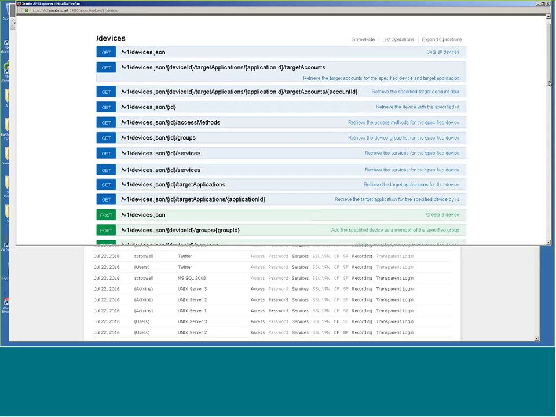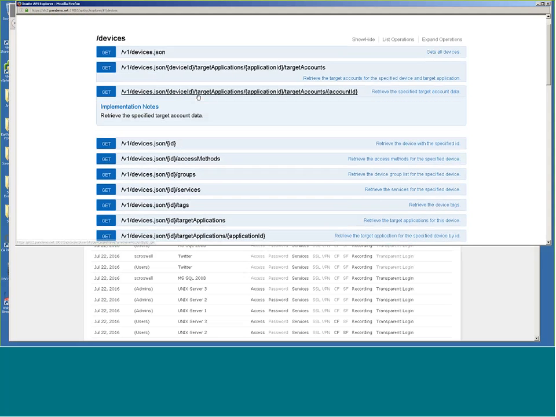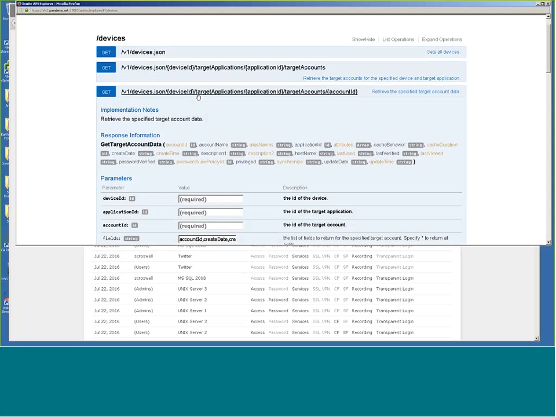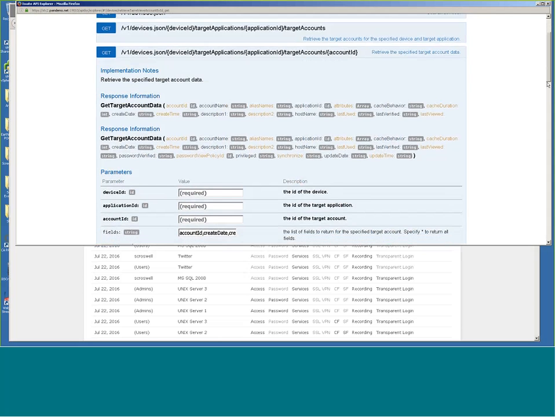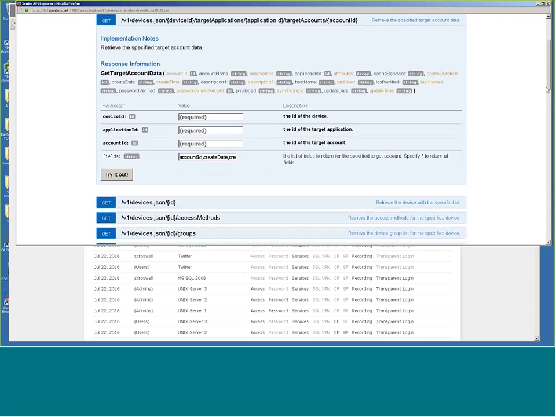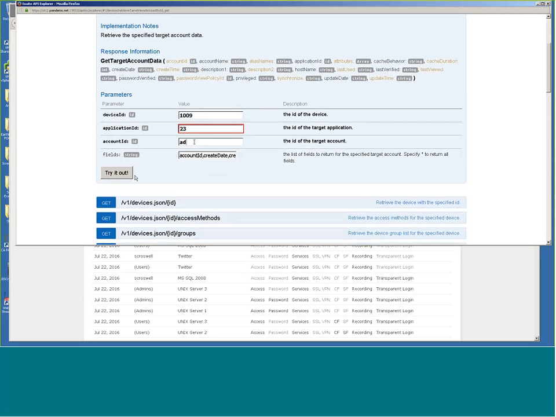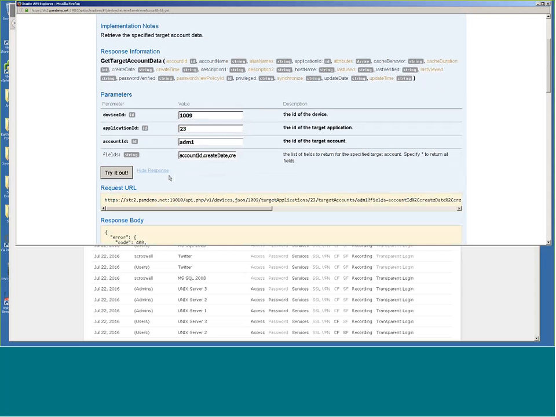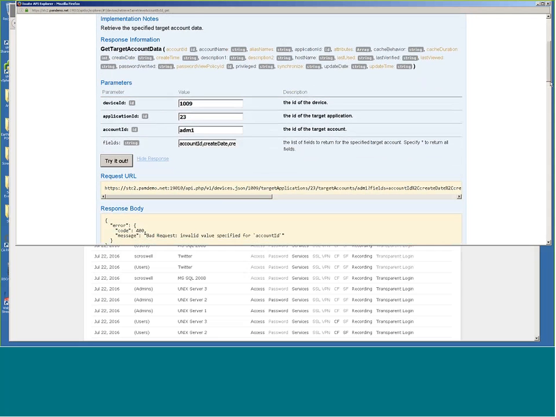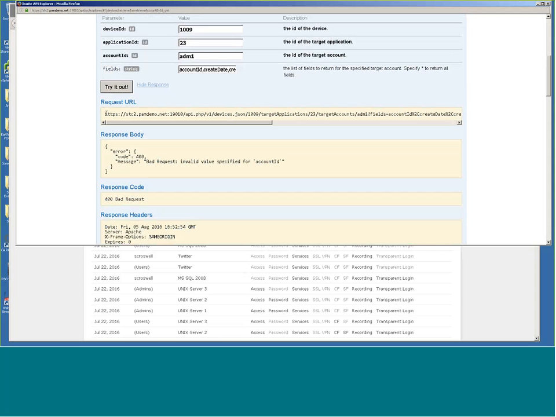I'm not a developer, but I was able to come in when we released this. With our API, this one here is to get a list of devices. I can fill out whatever it might be asking for, just filling out text fields. I'm not going to log in here, and I'm totally making these up. I'm going to say try it out. And when I come down, you'll see that I just got the API call for this.